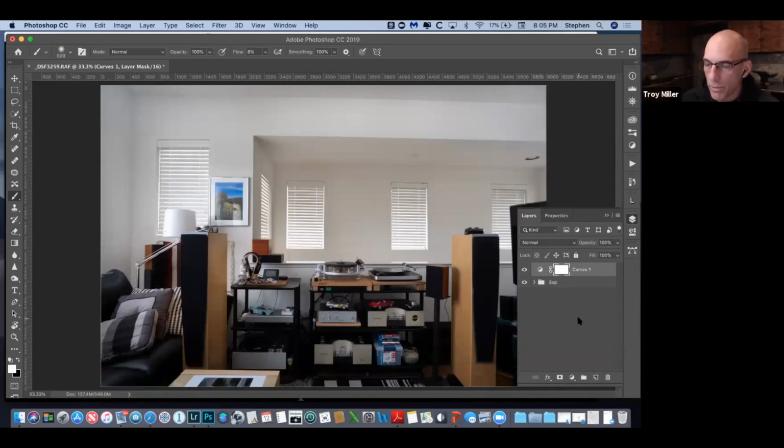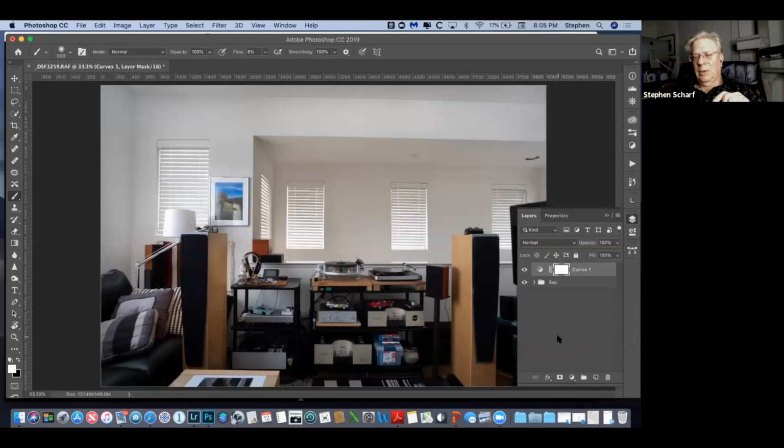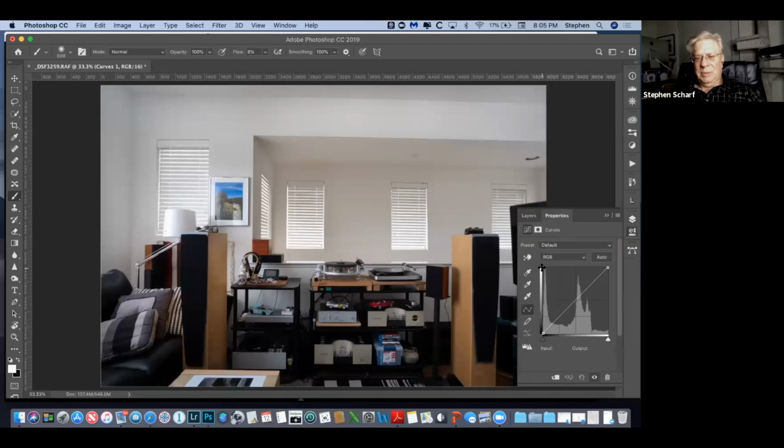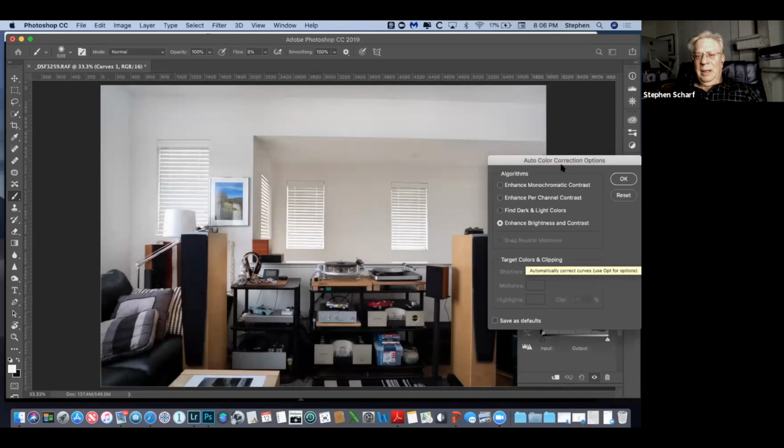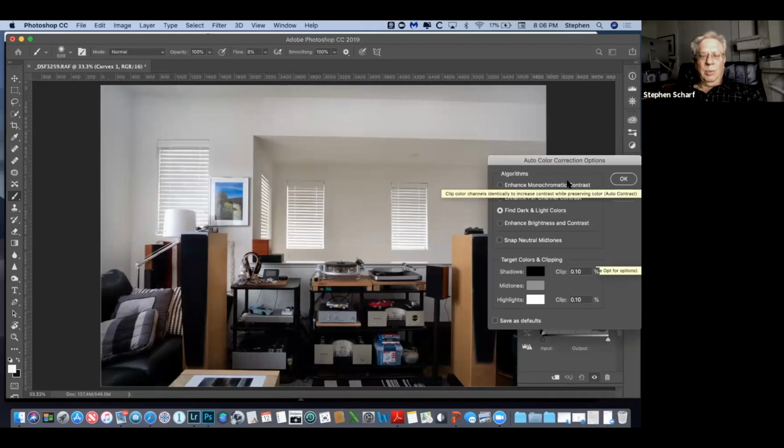Yep, it's very powerful. You're setting black points and white points with the curves tool. When I bring up the curves adjustment, rather than just clicking the auto button, I hold down the Option key, and it brings up this little extra panel, correction options. I can say find dark and light colors, and that will remove probably 70% of my color